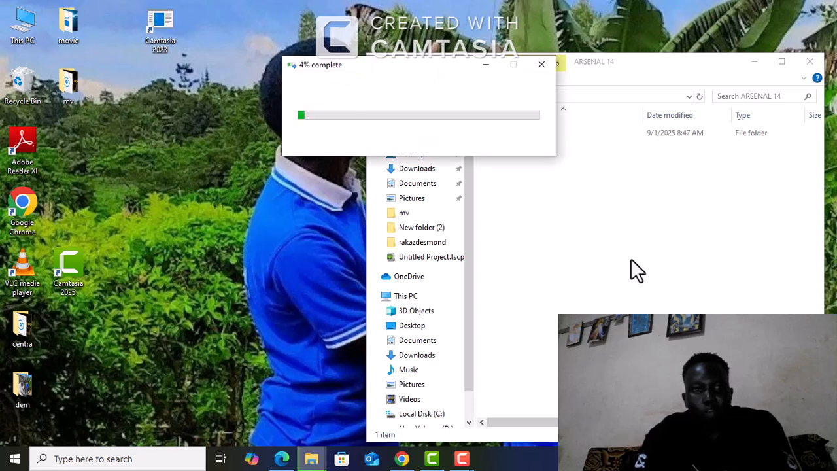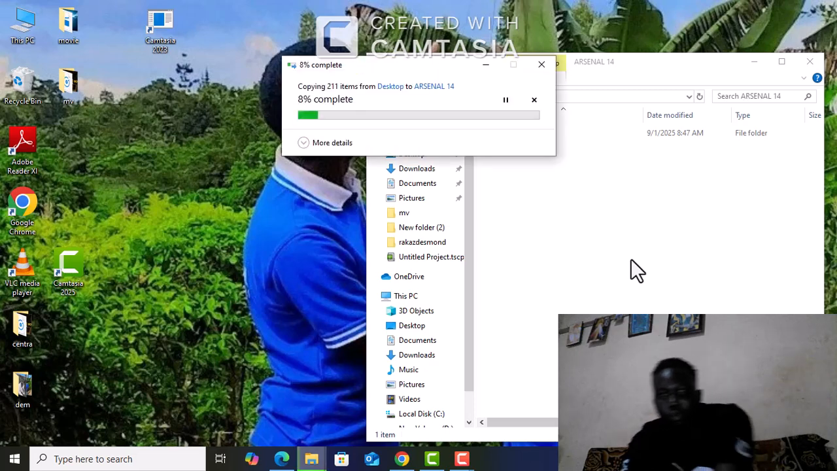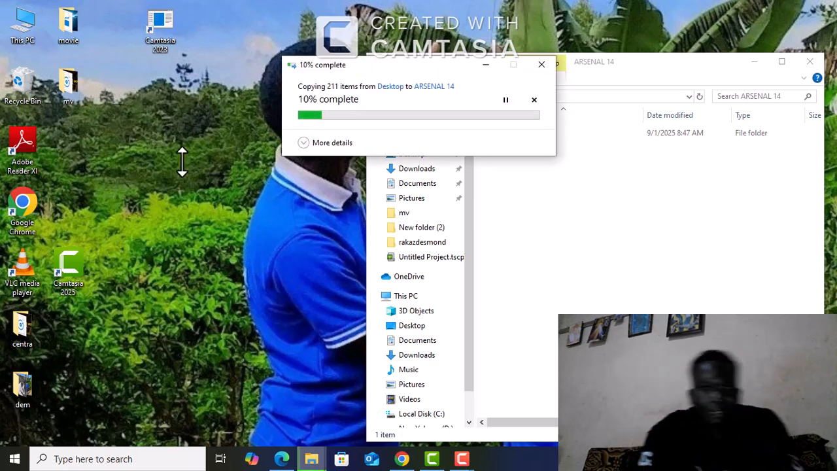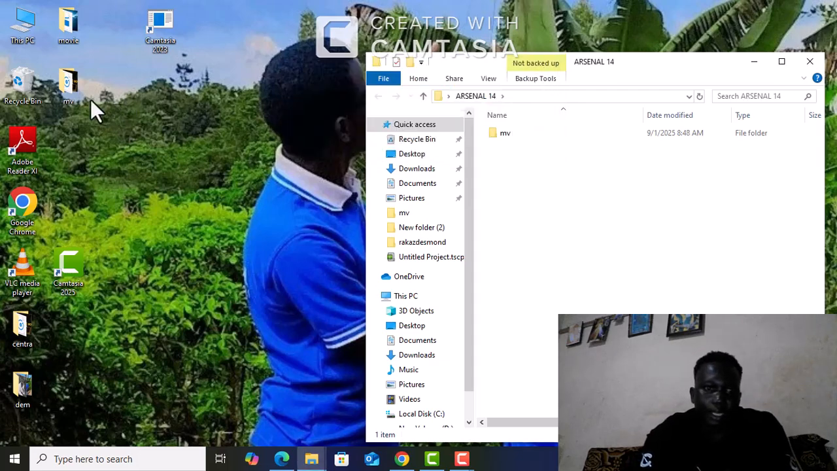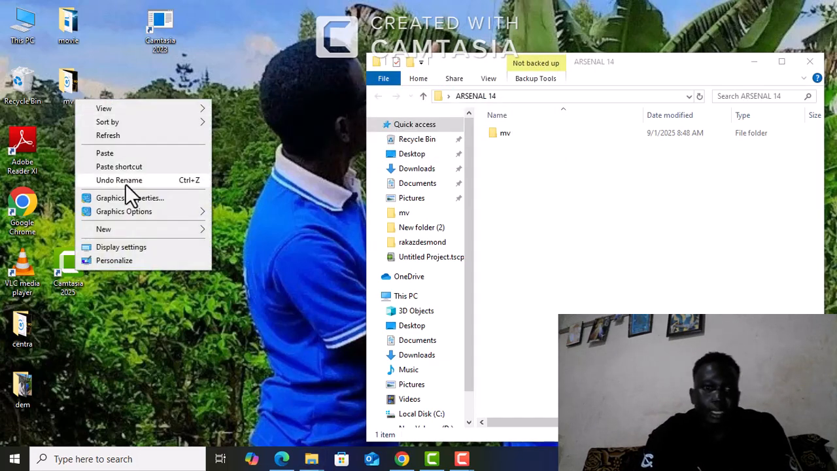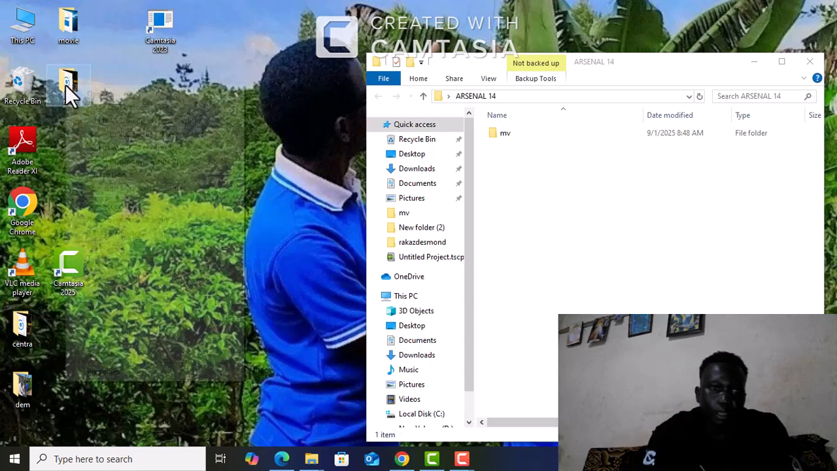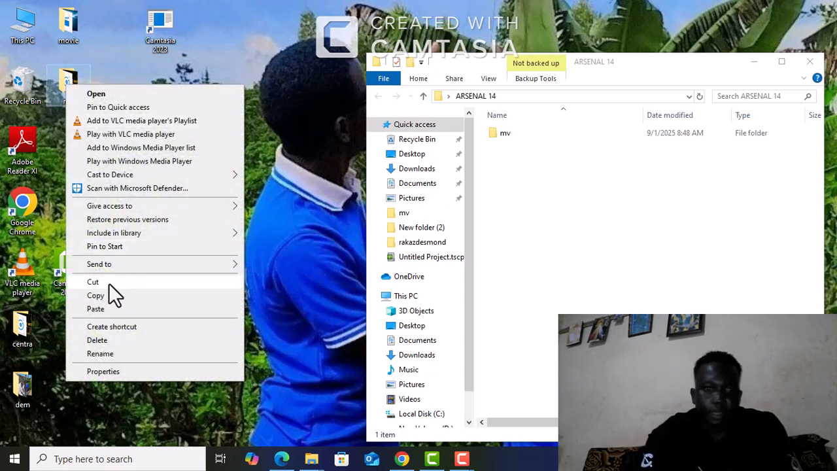Automatically, I've copied that folder into my new folder. But if I don't want that folder to stay in the background, I want all of it to be in the folder I've created. I just go and right click on the folder,